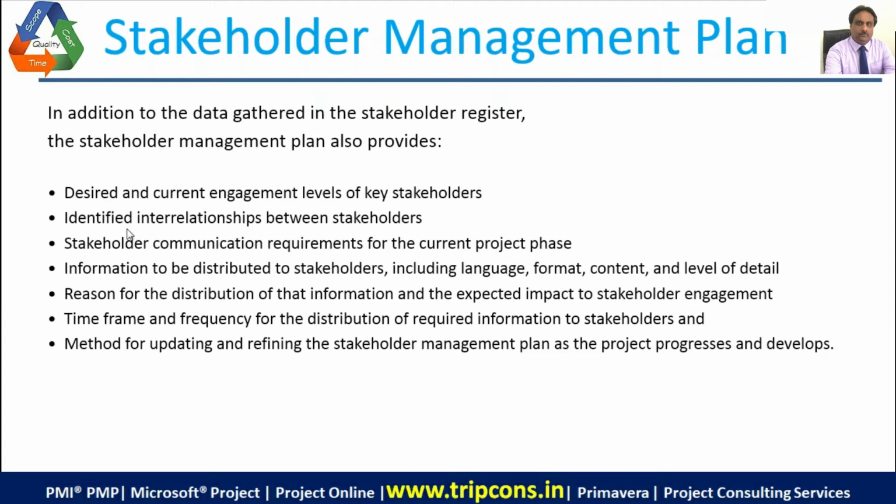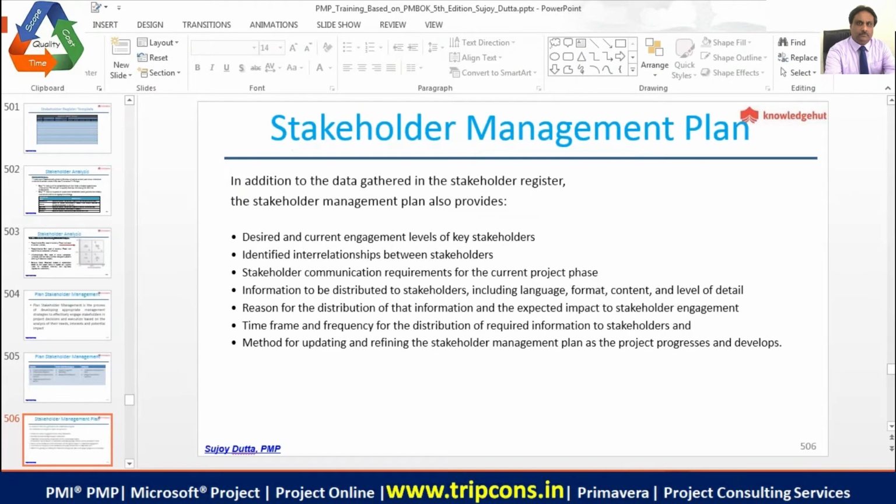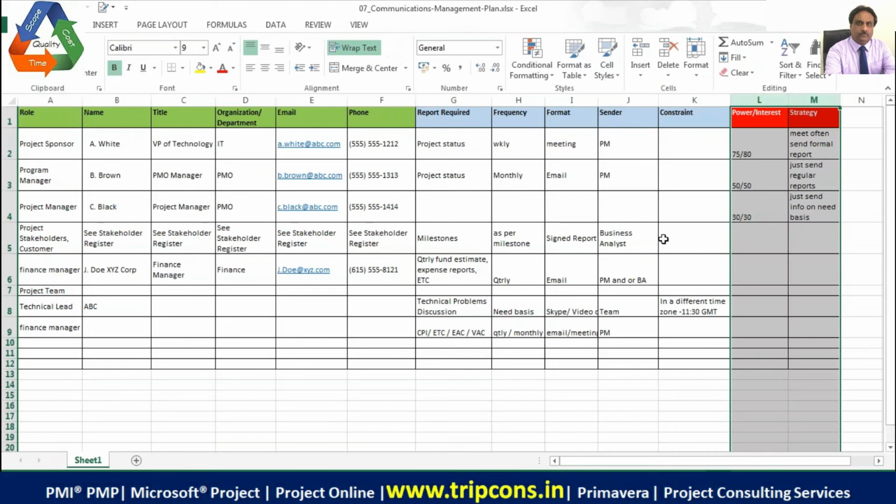Then what are the identified interrelationships between stakeholders? And then stakeholder communication requirements for the current project phase, then information to be distributed to stakeholders, including the language, format, content, and level of detail. That includes a face-to-face meeting. Now, if you look at this stakeholder management plan, if you look at this column,